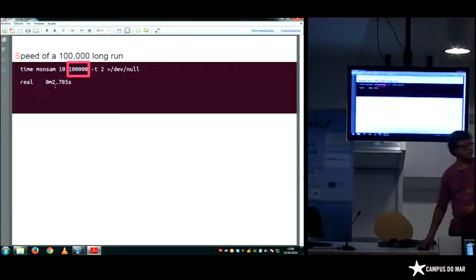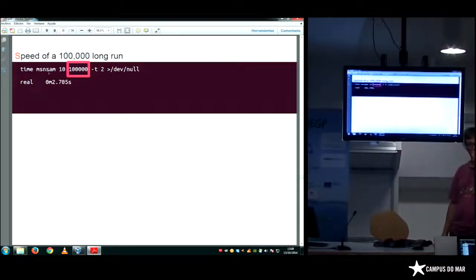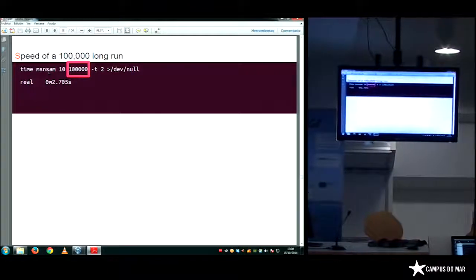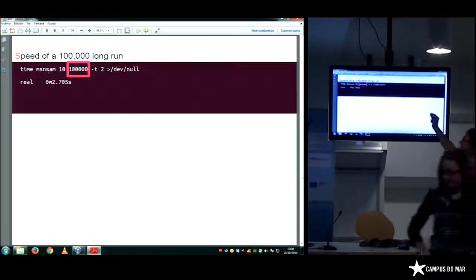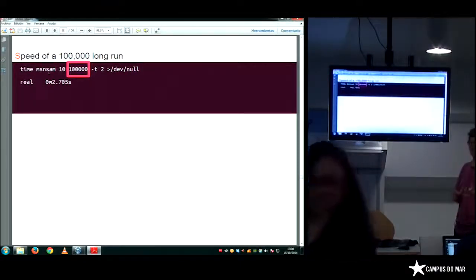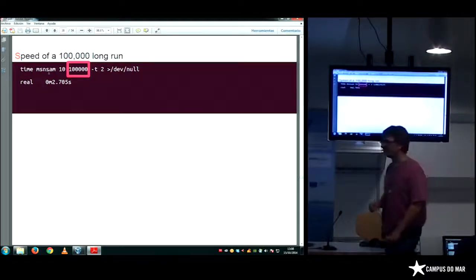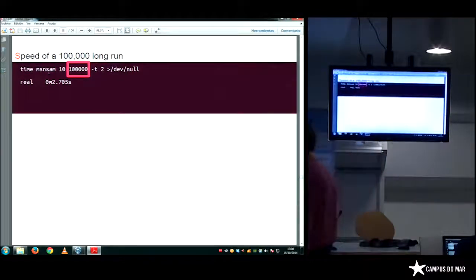That's very, very fast. I just did it previously, and it was even faster here. So do it, please, and verify that it's really fast. You type time, ms, sample size 10, 100,000, a theta of 2. And you can verify how fast it is.